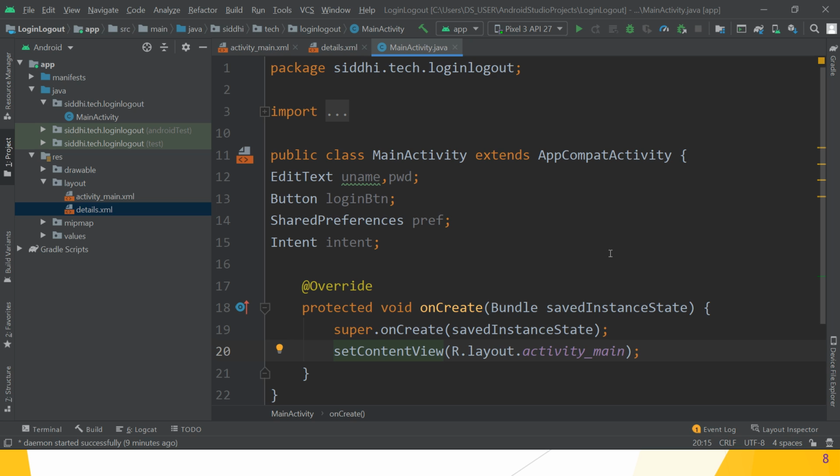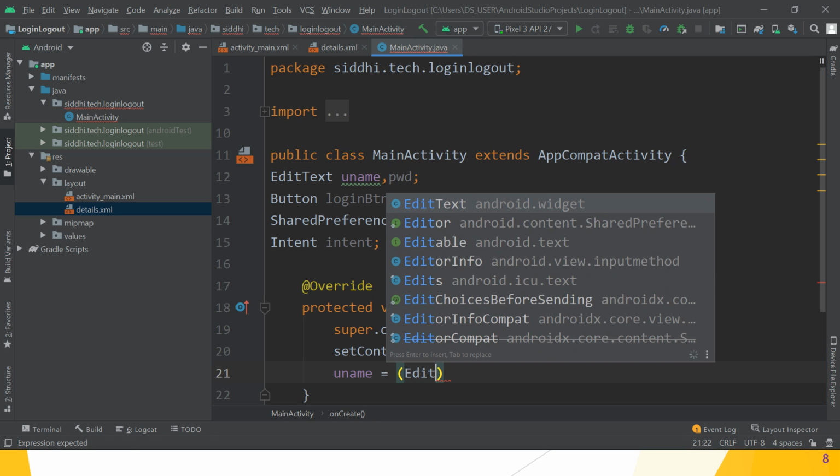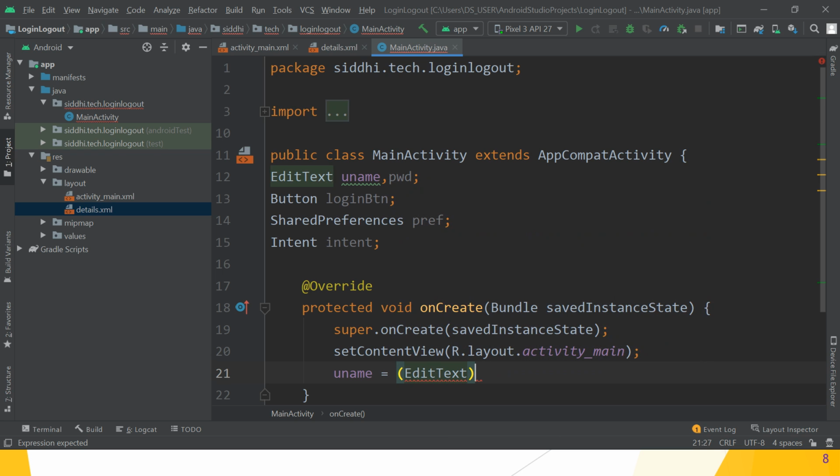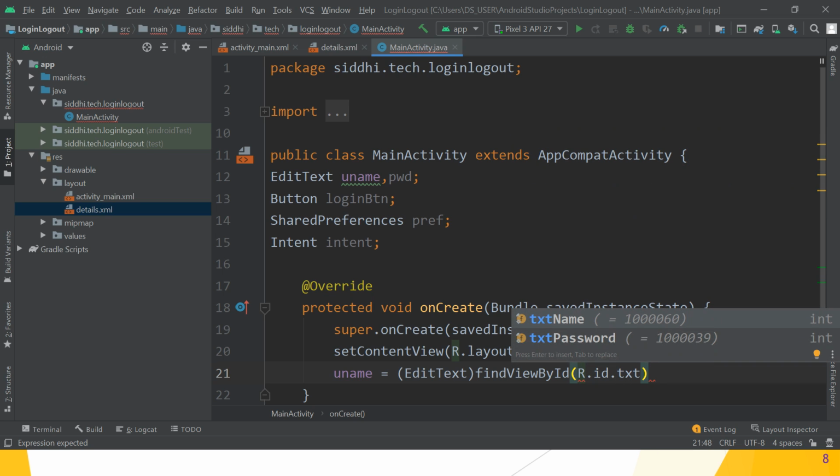After creating it, in the onCreate method, use findViewById to create the objects. uname, what we have referred to is an EditText, then findViewById, and which is the ID it refers to, R.id.txtname.